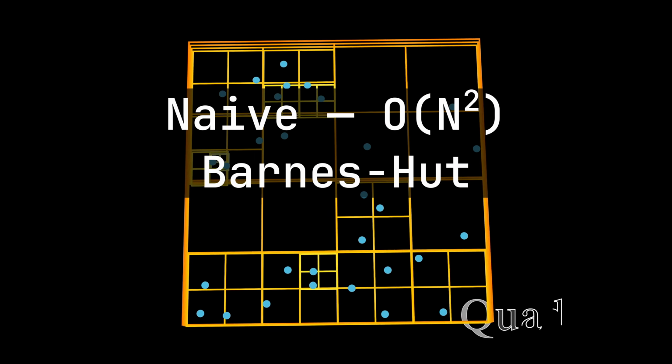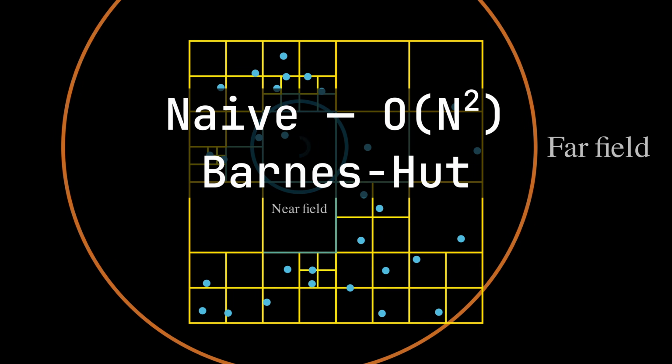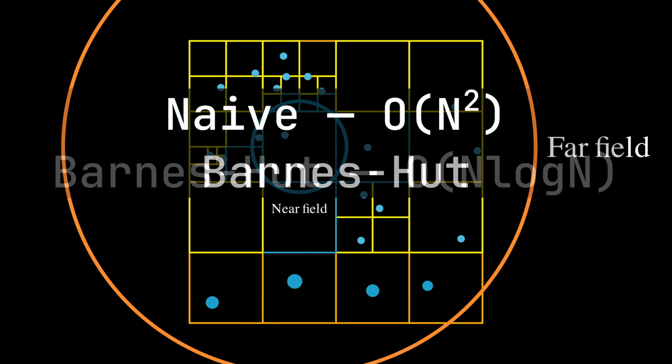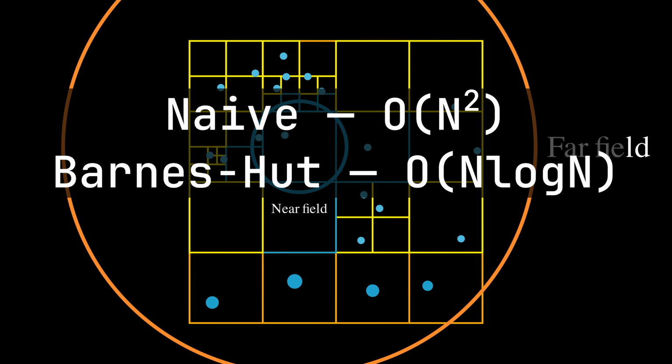This allows us to approximate the forces on each body, so if we have a faraway cluster of particles, the algorithm treats them as one big particle placed at their collective center of mass, leading to a complexity of O of n log n. I was originally planning to implement this Barnes-Hut algorithm, but some quick research told me it seemed